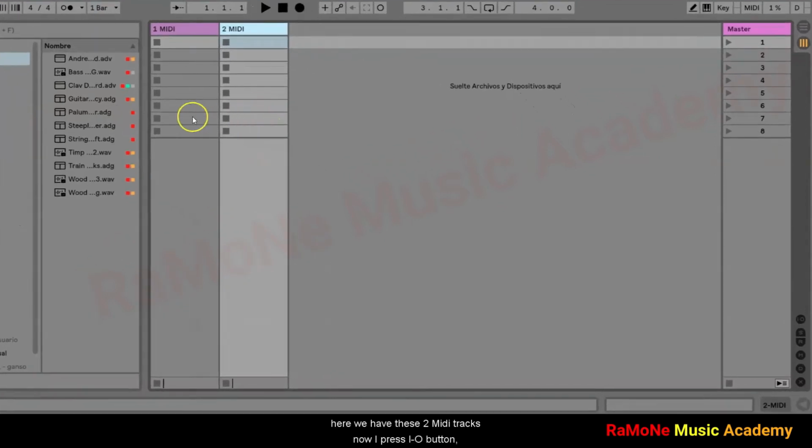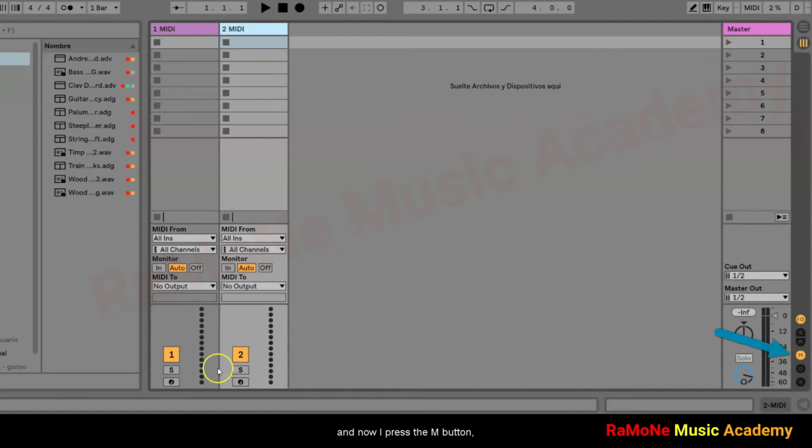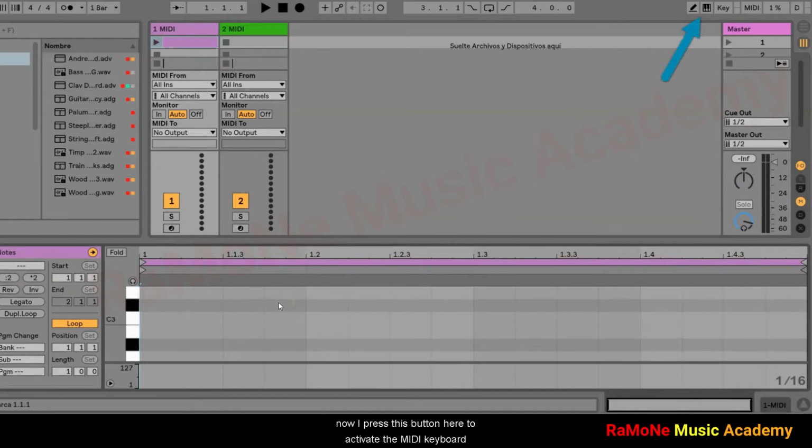Here we have these two MIDI tracks. Now I press the I/O button to open the In-Auto-Off window. And now I press the M button to open the mixer. I double-click this clip to open the piano roll. Now I press this button here to activate the MIDI keyboard. That will allow me to play notes in my piano roll using my computer's keys or with my MIDI keyboard